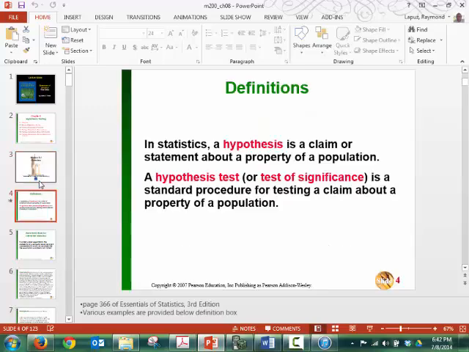All right, so a hypothesis test is a claim or a statement about a property of a population, a hypothesis. And then the idea behind making a hypothesis is that you usually want to test it. And so we come up with this idea of a hypothesis test. Sometimes it's called a test for significance. I'd like to think of it as a step-by-step process of testing a claim about a property of a population